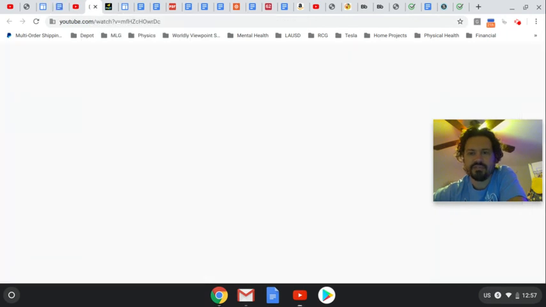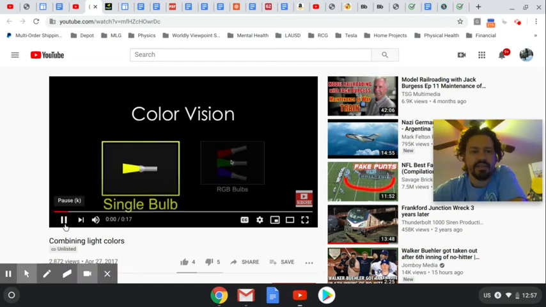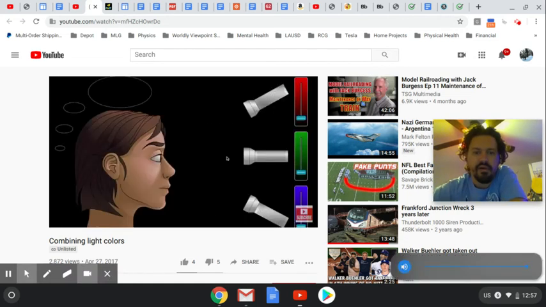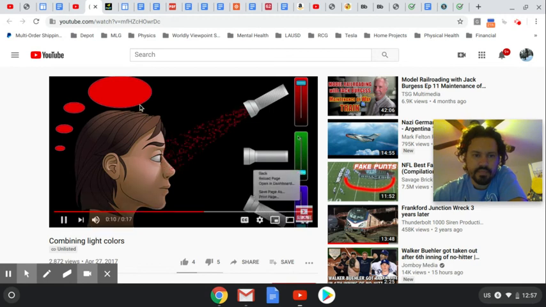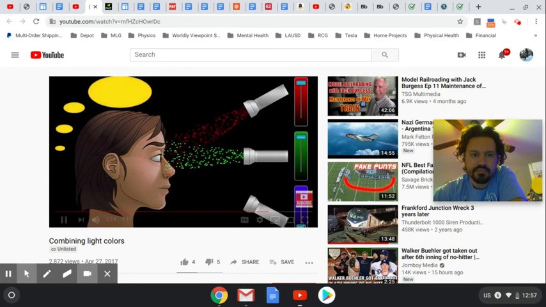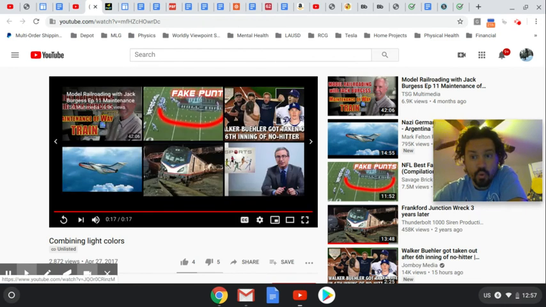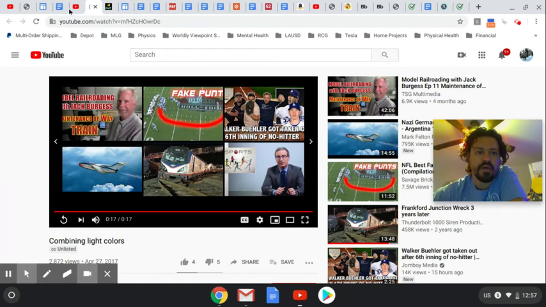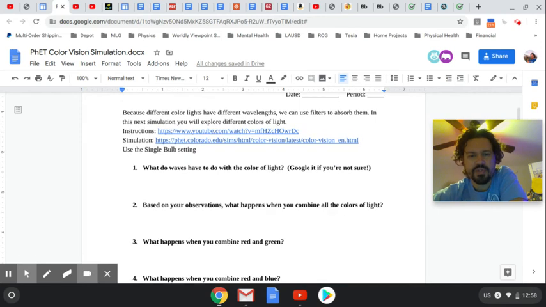17 seconds of just talking about how you can combine light colors and what that looks like. The triple light RGB bulbs on the right. The sliders on the right let you adjust how much light is being emitted from the bulbs. Record your observations in your lab. You can mix them up by adding what you want and seeing how that affects what colors we see. Mind blown. Okay. So some questions down here to help you think about and dig deeper into what you see.